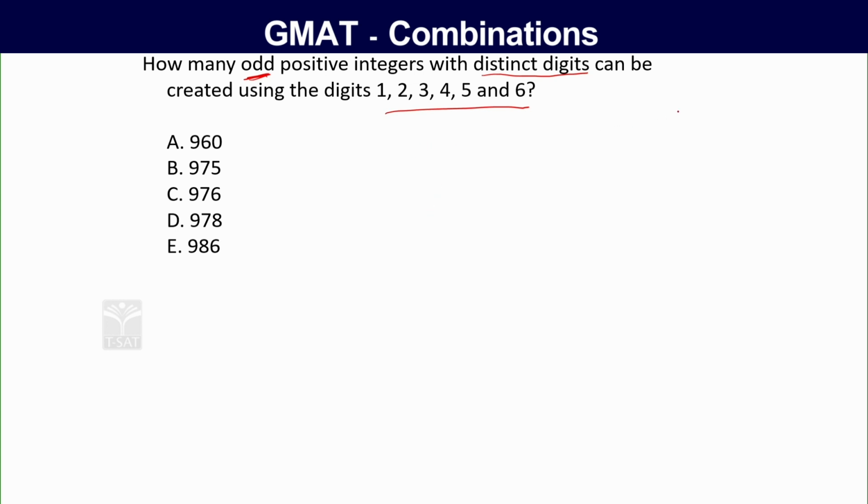Okay. So, for a number to be odd, the units place should always be odd. That is the only requirement. So, we can have a 6-digit number where you have 6 digits 1, 2, 3, 4, 5, 6 and the units digit can only be 1, 3 or 5. So, there are 3 ways in which you can select your units digit out of these 3 odd digits that are given in this range, and after selecting your units digit, you will be left with